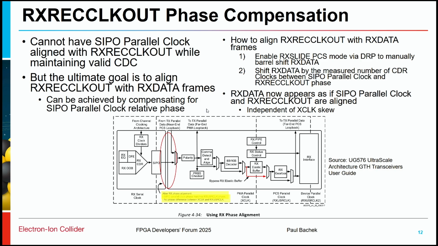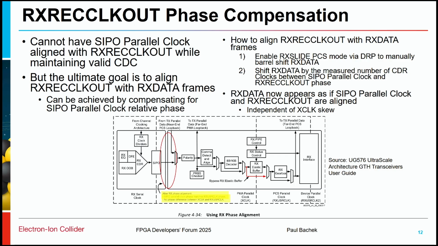So we can't just go and shift the deserializer clock to whatever we want it to be, because it was aligned by the auto alignment procedure in order to create a valid clock domain crossing. So we can't mess with that, or else we'll start to see data errors. So we have to make sure that the clocks were aligned as they were originally by the auto alignment algorithm,